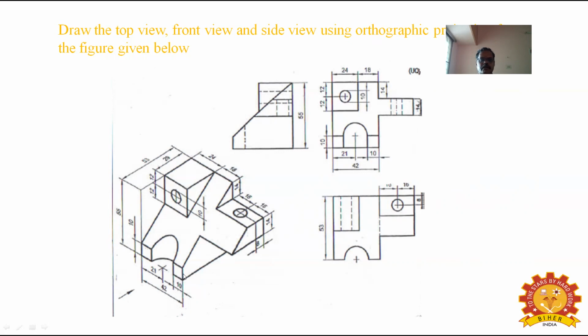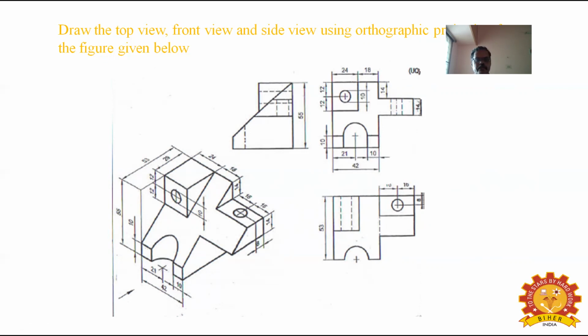And in the front view, this dome structure is visible here. The dome structure is visible of size, see, from one end it is 21. You can construct this dome structure. After completing this front view, you can draw the side view. Only the right hand side view is visible, and that you have to draw on the left hand side.